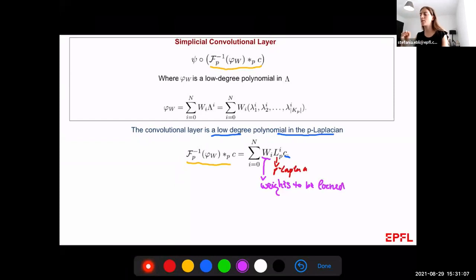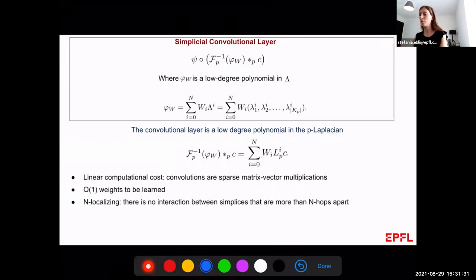So imagine this as we take an input signal C, we apply the Laplacian, which can be thought of as a message passing function on the simplices of the same dimension. And then we learn some weight in front of this message passing that tells us how to pass, at best, the signal on the simplices. So with this kind of convolution,